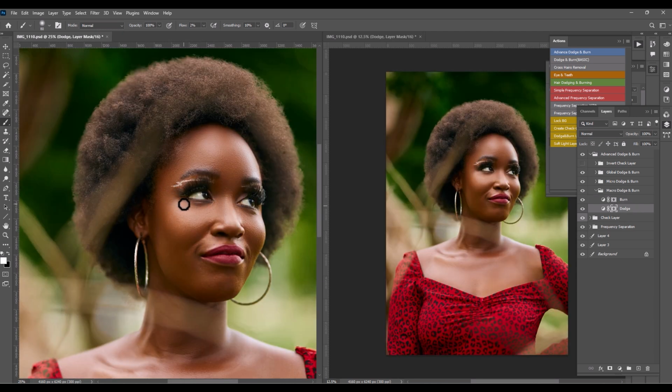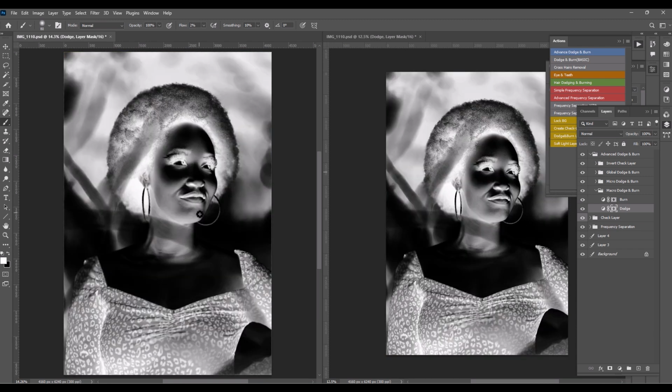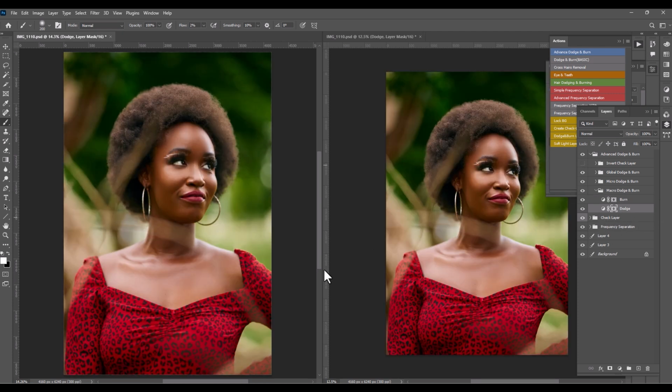We need the eyes. So yeah. So that will be it for my dodging and burning technique. And voila,